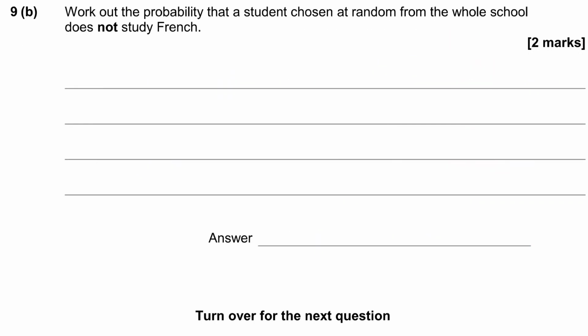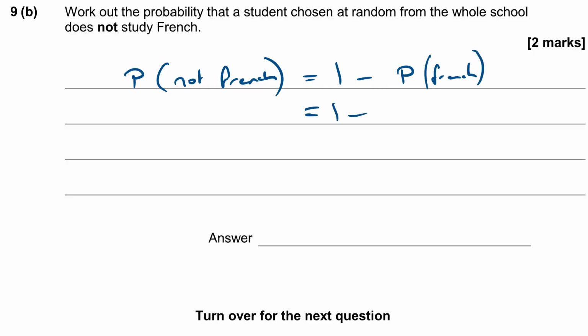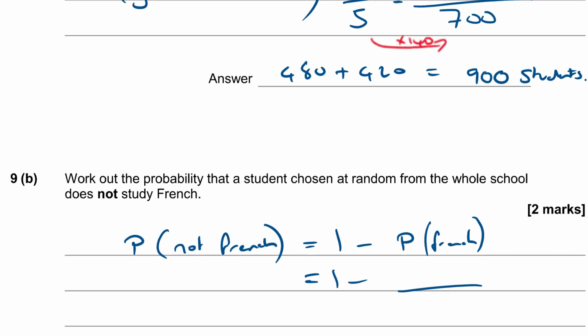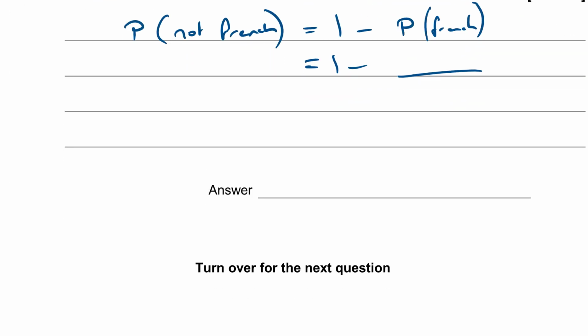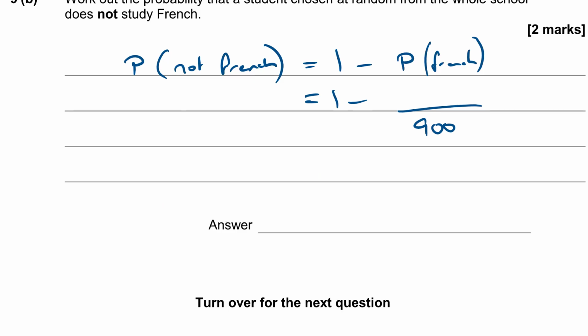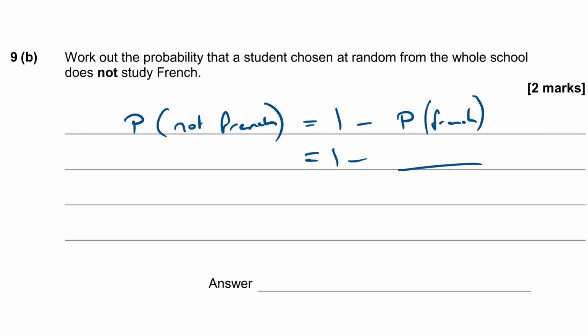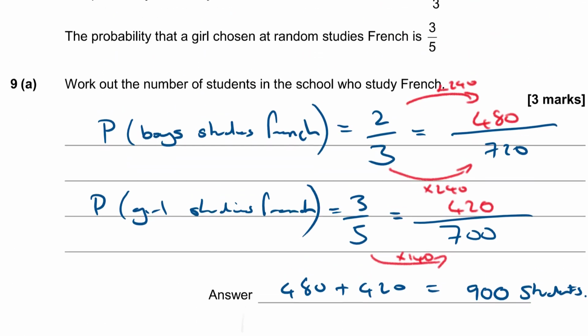Question 9b says, work out the probability that a student chosen at random from the whole school does not study French. Well, we know how many students study French now, so the probability of not French is going to be 1 minus the probability that they study French, which is 1 minus, well, we know that there are 900 students who study French, and we know that there are